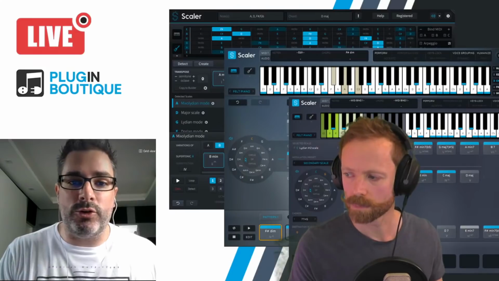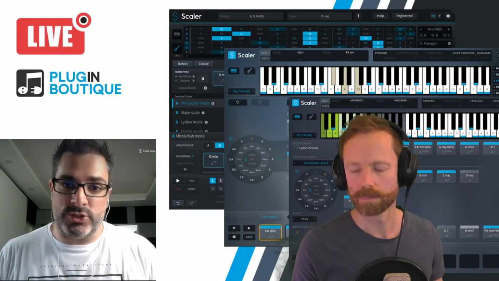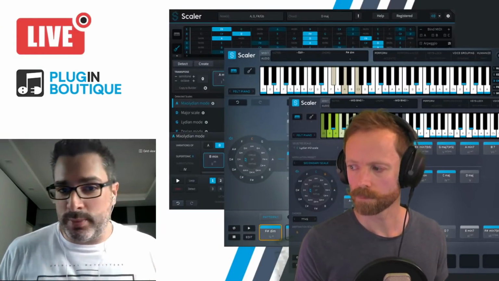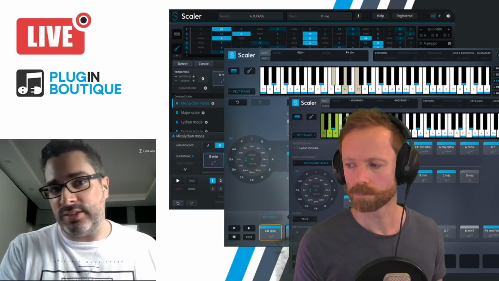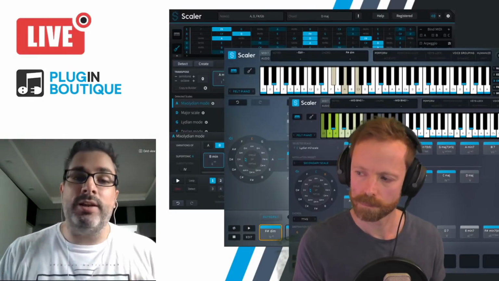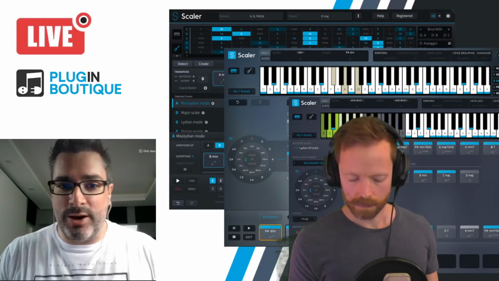And this is very helpful if you're using Scalar to learn particular scales, which again, we were also talking about in chat. I've learned so much about music theory by using Scalar. A lot of people would say you don't need theory, but no. I've actually learned more than I had before just by using Scalar to help me.